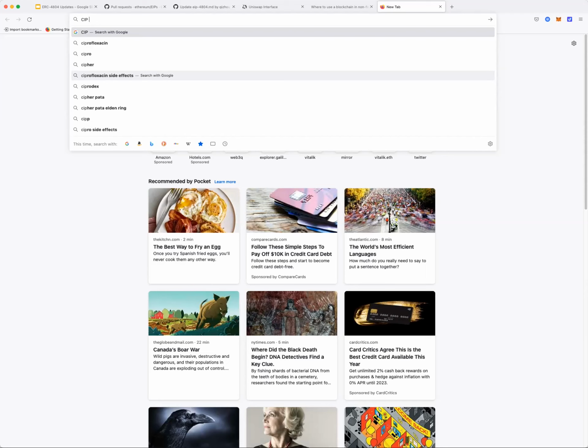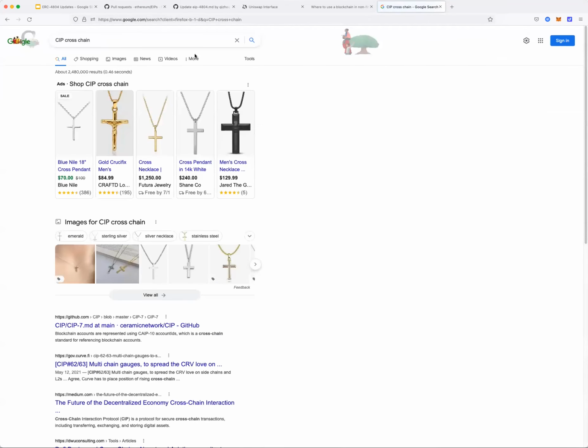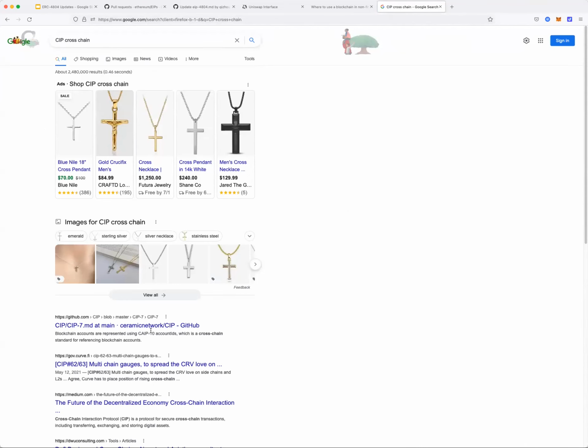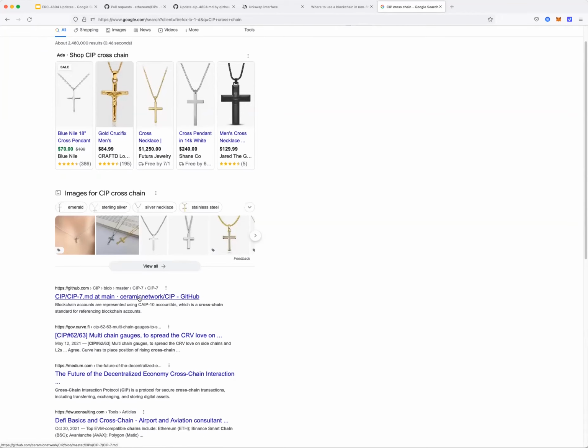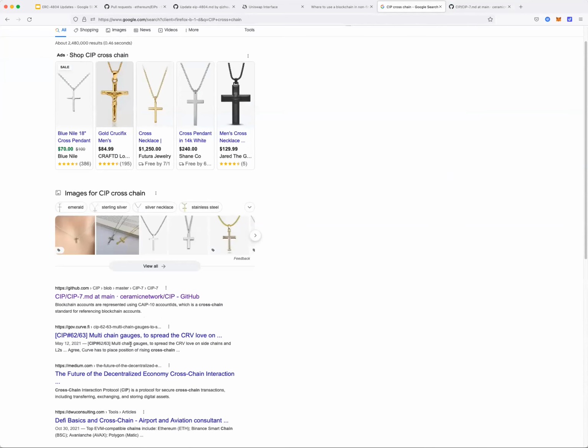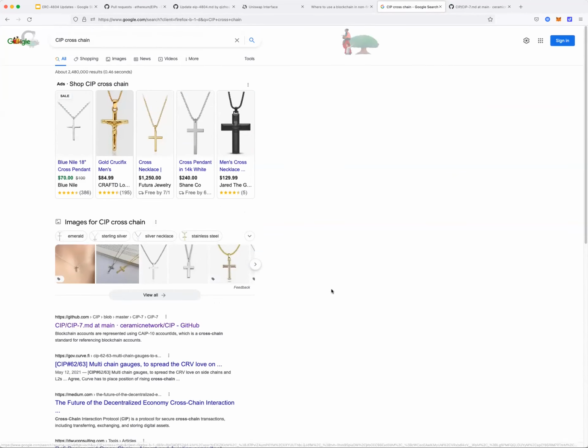I don't know, like Leagy and Pedro work on it. Yeah, right there, it's the first GitHub link. This one? I think so. Ceramic? No, these are the Ceramic improvement proposals. Let me find it.